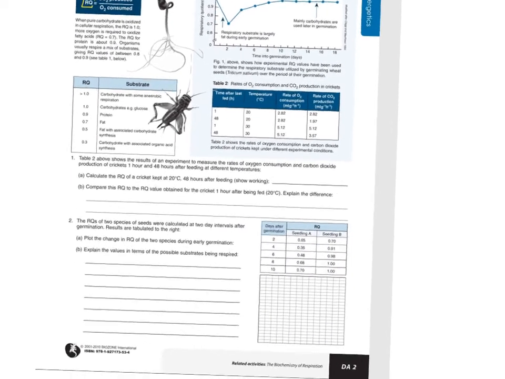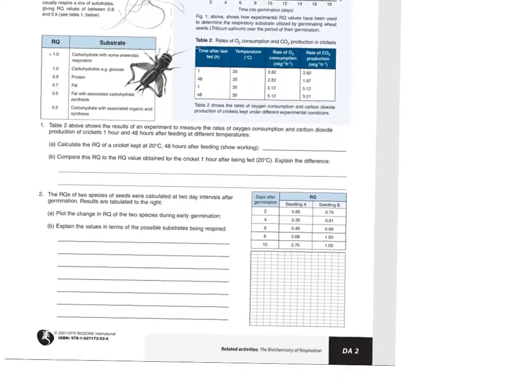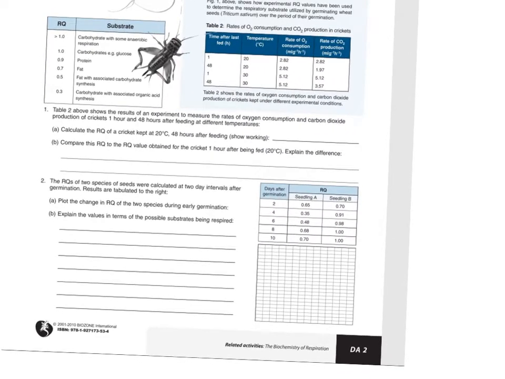So at that point, I think this is just plotting and analyzing what's happening during germination, right? And what are you germinating? Seeds, right? So you can take seeds and grow them, and you can measure an RQ for this, how much CO2 is being produced and how much oxygen is being consumed, and you get numbers. Which one of these are you going to put on the x-axis? Are you going to put days of germination on the x-axis? Which of these is the independent variable? That's what goes on the x-axis.